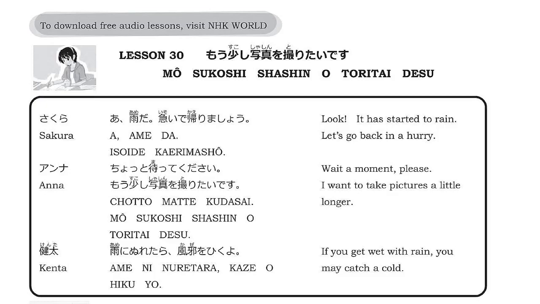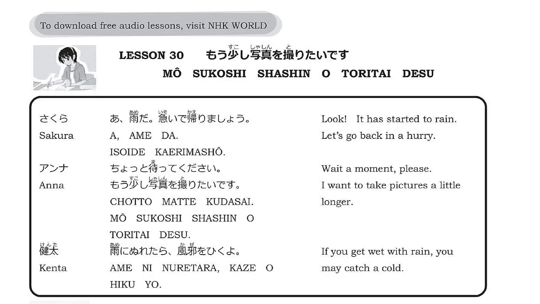Well, basically yes. But there's a difference in nuance. In Lesson 16, one action followed another. Here, two actions occur at the same time. It is not that you hurry up and after that you go back. Here, you go back while being in a hurry. As in this case, you can also use the te form to express how you do the action expressed by the verb that follows it. Let's go back to the skit.